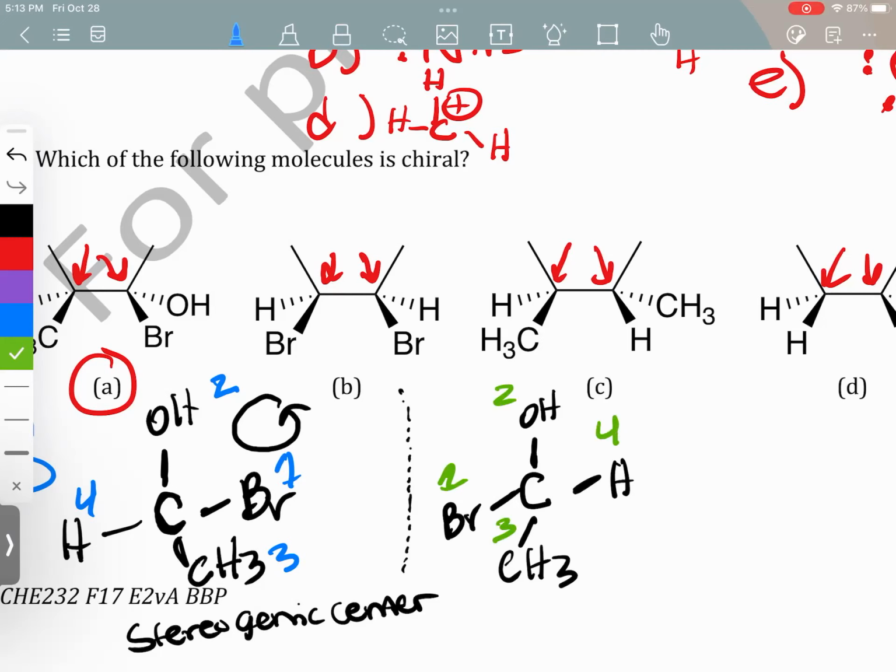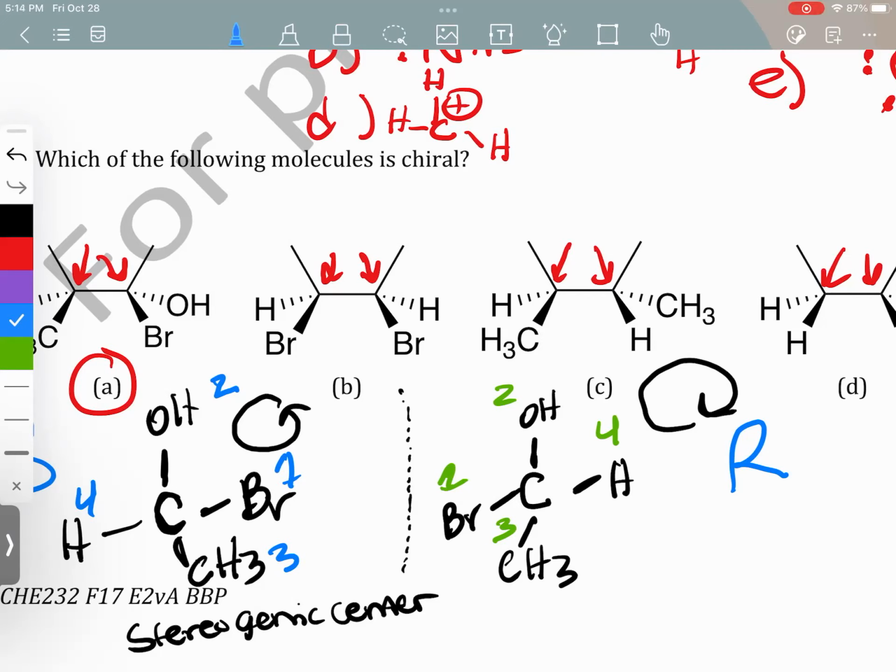Now, if you go 1, 2, 3, like do the hand movement for the other side. How is your hand moving? Clockwise or counterclockwise? Clockwise. Yeah, it's going clockwise now. So now the conformation changes. It's not S anymore, it's R. R is clockwise. So because of the change of conformation, this cannot be